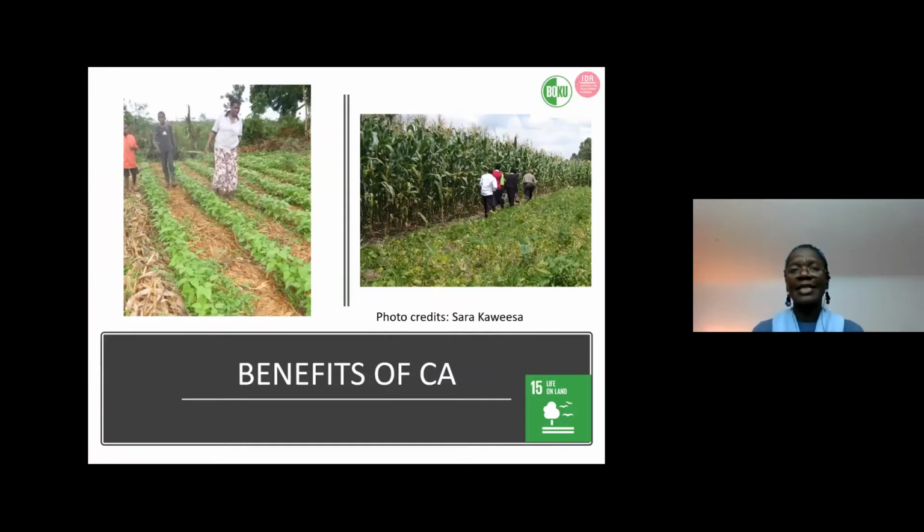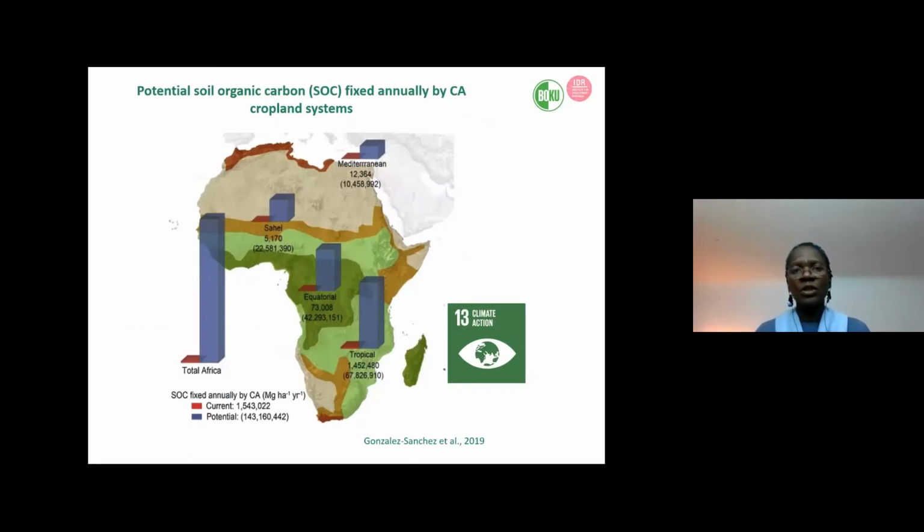Conservation agriculture has several benefits, such as improving soil health, maintaining biodiversity on the land, reducing labor for the farmer, increasing yields for the farmer. All these benefits contribute to SDG 15, which is life on land. One of the most important benefits of conservation agriculture is its ability to sink carbon in the soil. If many farmers were doing conservation agriculture, this would contribute to SDG 13 by fixing carbon in the soil, but